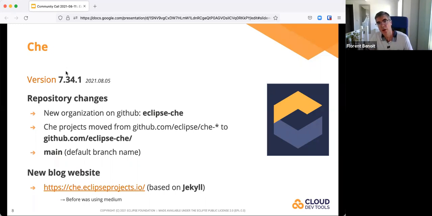We switched all our projects to use a main branch instead of master branch. We also set up a new blog website. Before we were using Medium, but now we are using GitHub pages. So you just need to provide a pull request and we can create a blog post.